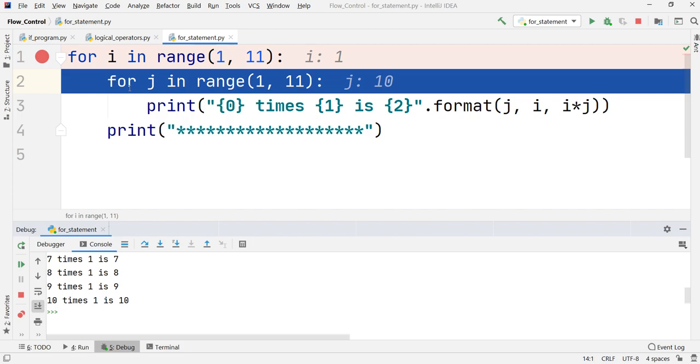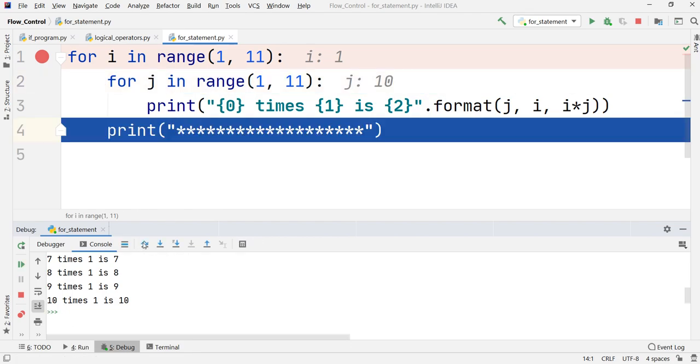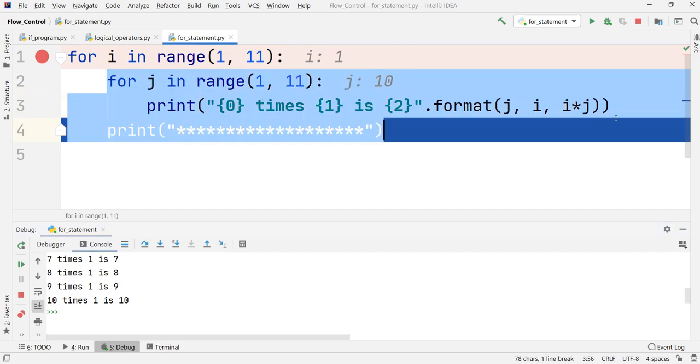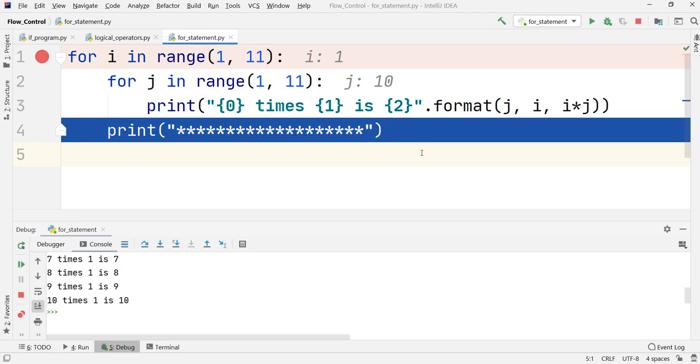But observe what happens now, because we have exhausted the values for j. When I press step over again, it has gone directly to the print statement that we have given for the separator, because we are exhausted with the values for j.